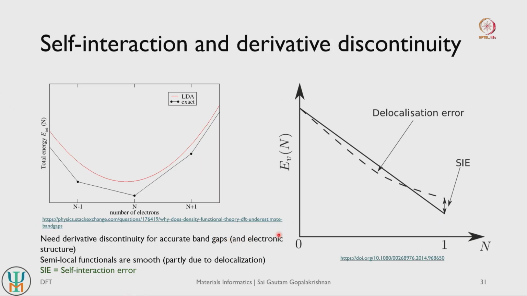And this also leads to consequences in the prediction of the electronic structure itself. So in cases where you have a semiconductor which is indirect in its band gap, your exchange correlation functional may predict that to have a direct band gap and vice versa, right. Such inaccuracies creep in because of self interaction error, which leads to a lack of derivative discontinuity in our exchange correlation functionals.